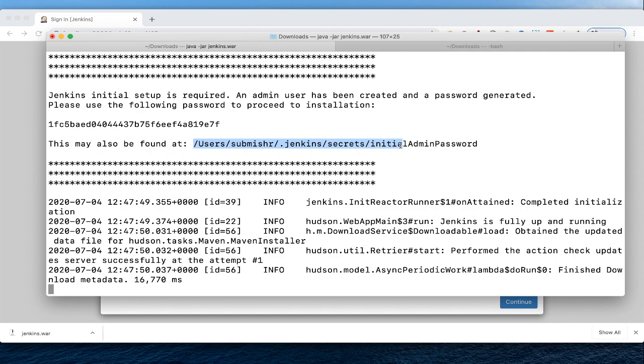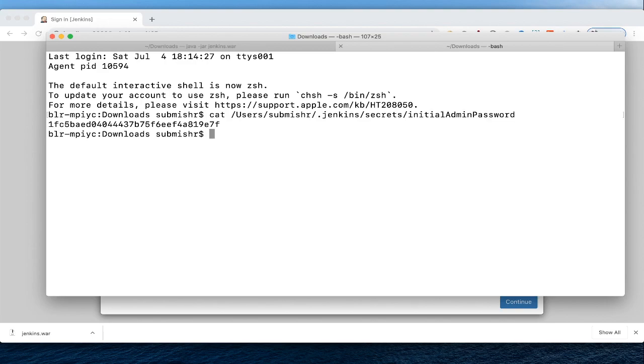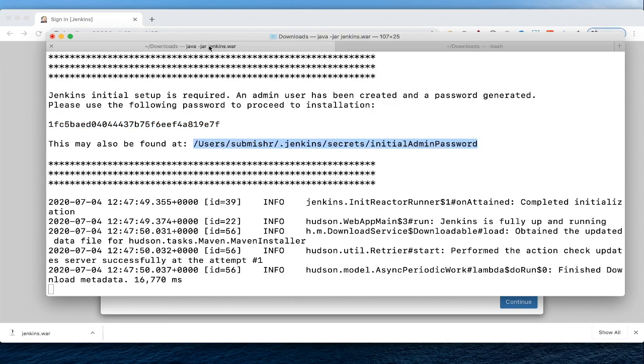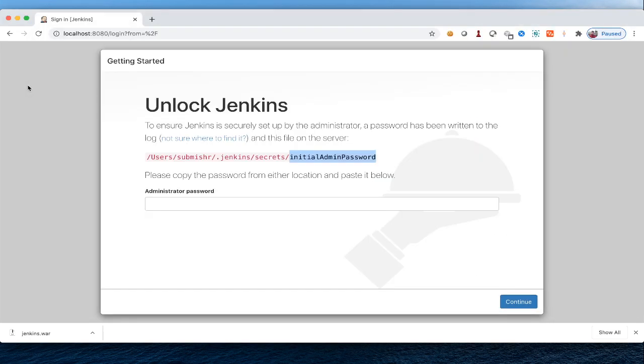Let me just copy it and do cat of that file. Again you can see this is the password. This is the same as whatever we are seeing here. Let me copy that and paste it here in the admin password. Continue.